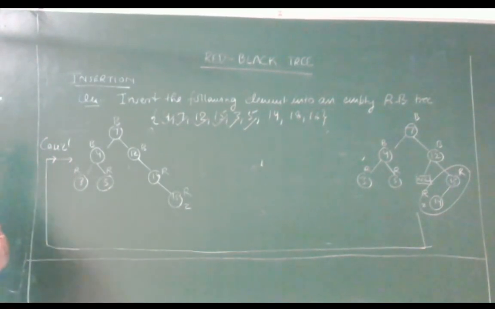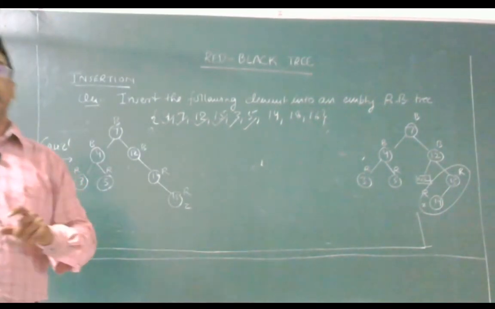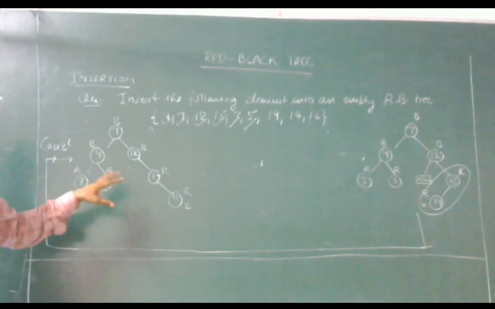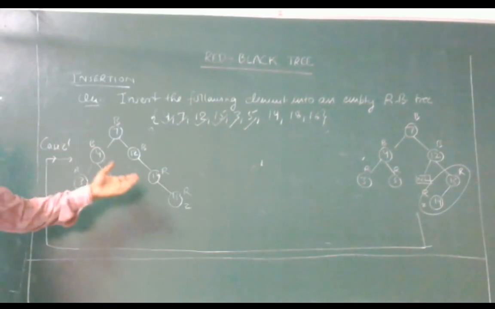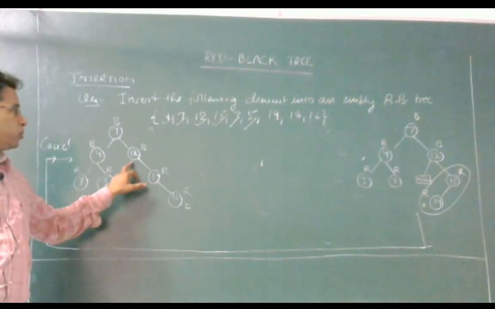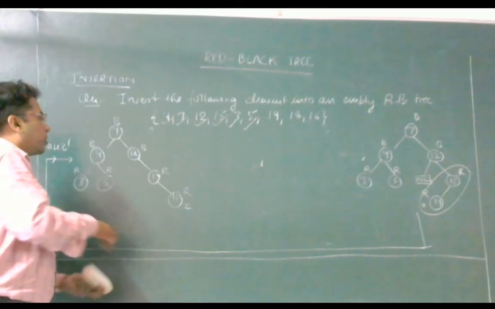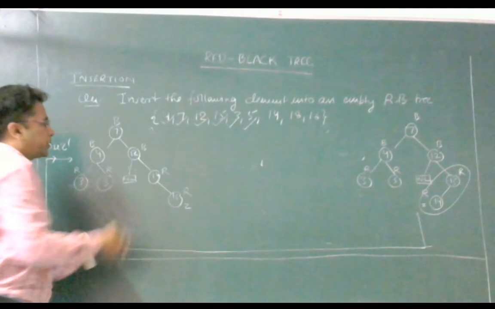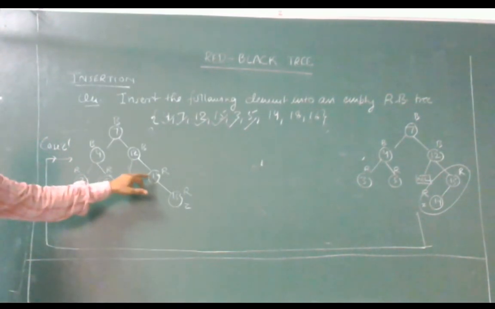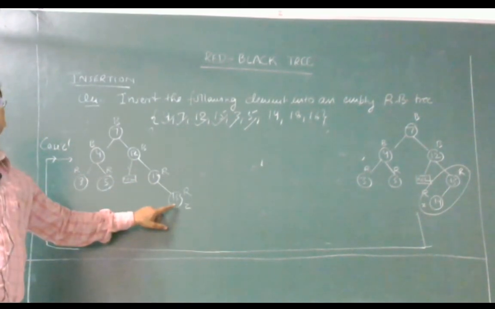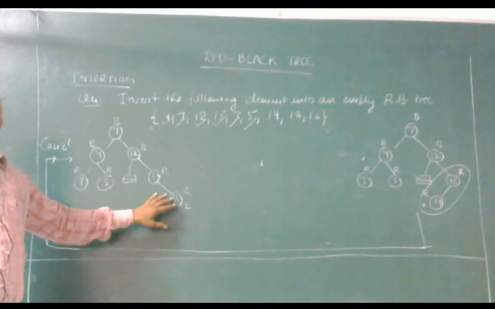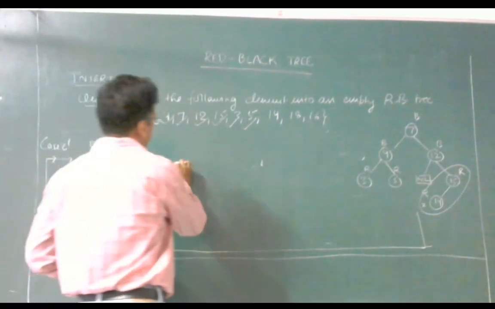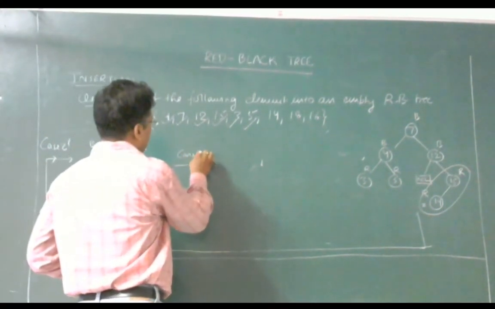And I have told you while explaining case 1, category 1 and category 2, that when case 2 comes, it is sure that it will go into case 3 after the rotation. So now the same question goes under case 3 dash, because still the parent is the right child of the grandparent, and now the z position is at the right child. So in case of right child, this is the case of case 3 dash. This is the example of case 3 dash.